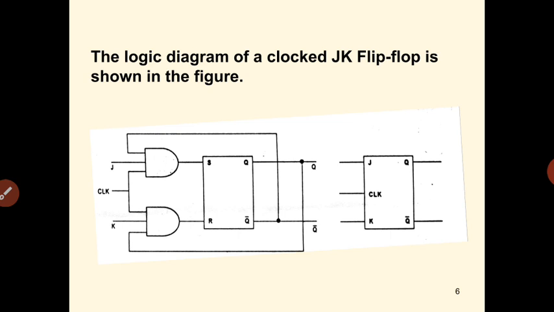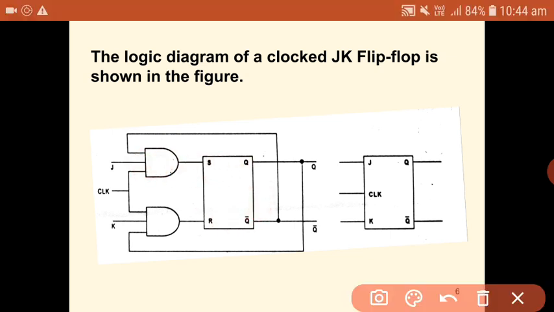So this is the circuit diagram of the JK flip-flop. As I told, JK flip-flop is nothing but a refinement of the SR flip-flop. So I am doing some modifications to the available clocked SR flip-flop. So to the S input I am applying what? I can write S is equal to JQ bar and R is equal to KQ.